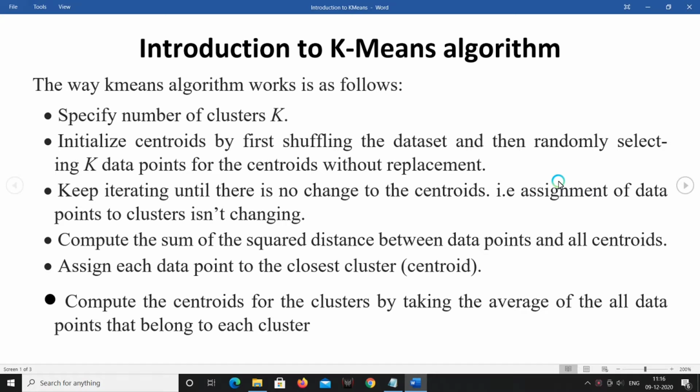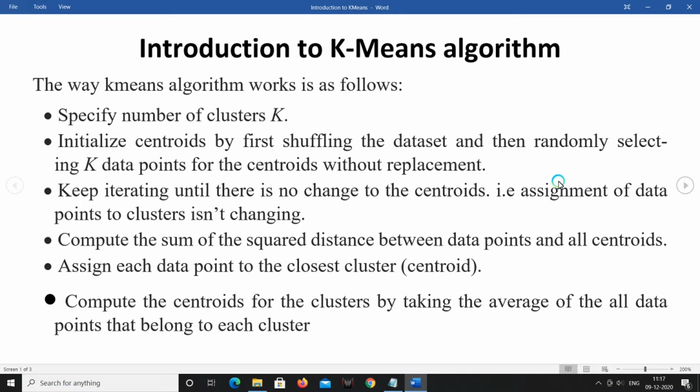After finding k centroids from the dataset, it finds the distance of each and every data point from those centers. Suppose we have three centers here, C1, C2, C3. First it will find the distance of every single point from C1, from C2 and from C3. Suppose for a particular data point the distance to C1 is 3, to centroid C2 it is 7, and to the third centroid suppose it is 5.